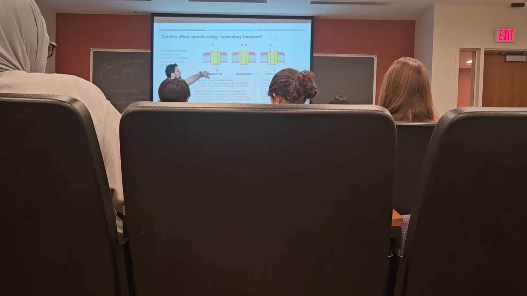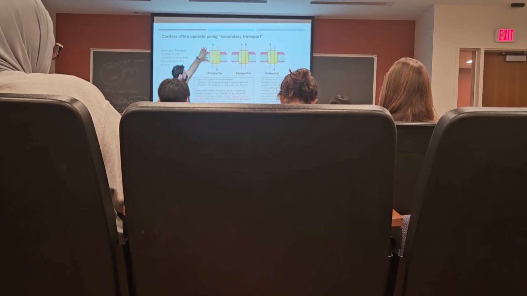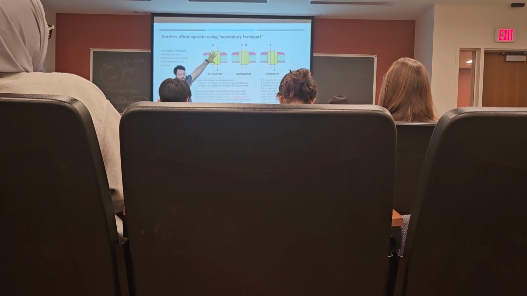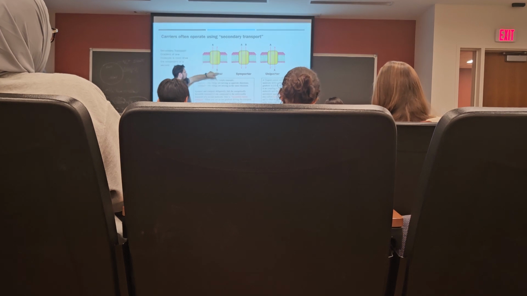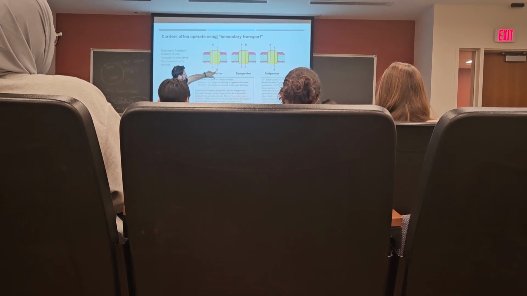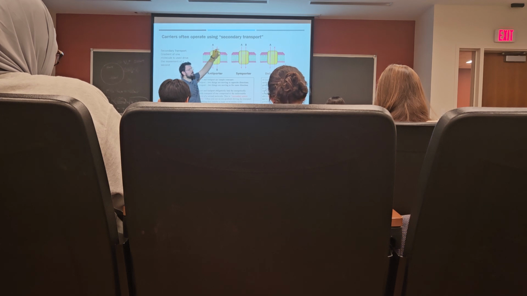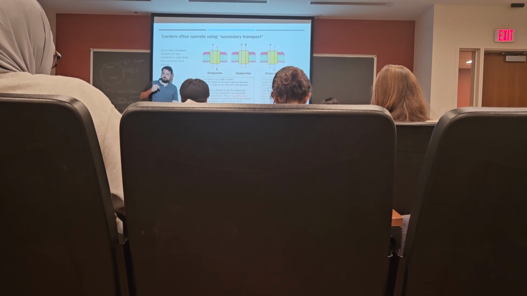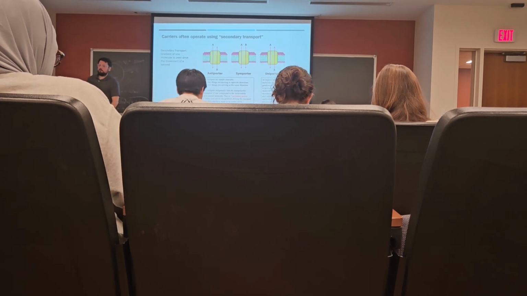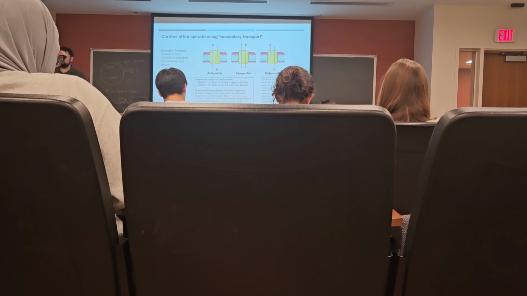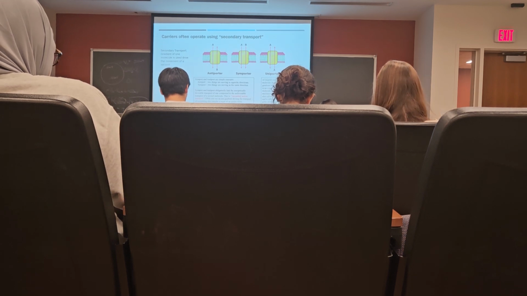That releases energy. That energy is captured by this antiporter and is used to move B from an area of low concentration to an area of high concentration. So it's capturing the energy released from allowing A to move down its concentration gradient